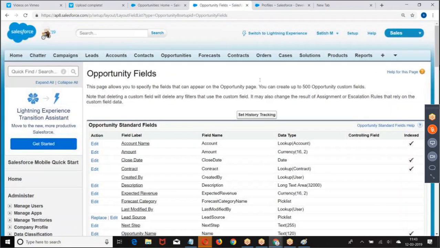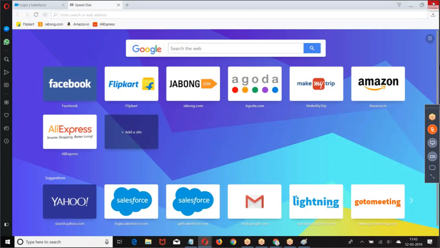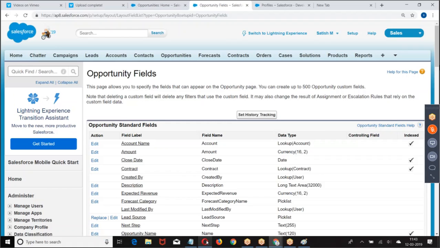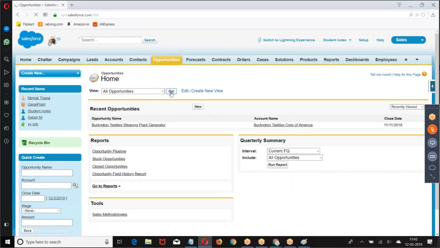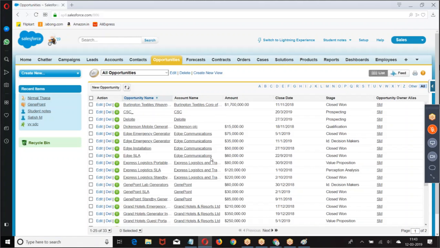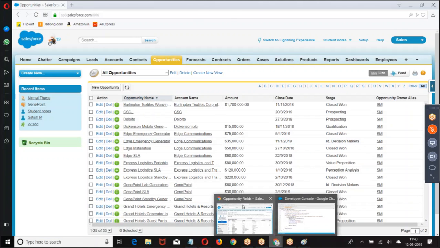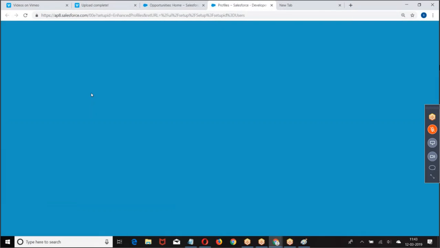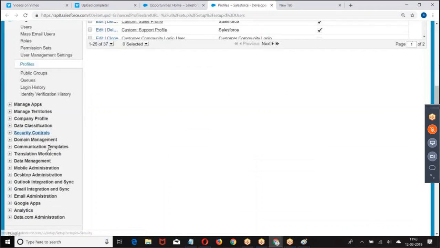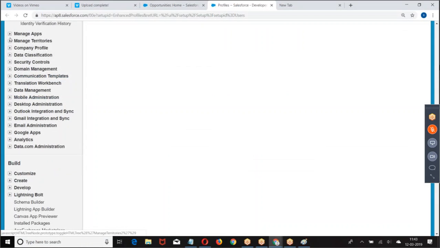This is how we create. Now go back to the student and check which record he was able to see. Opportunities. Still not applied. Wait for the changes to be applied. We made some changes on the OWD. Let us go back and see whether they are applied or not.